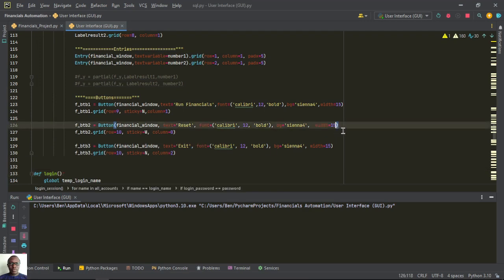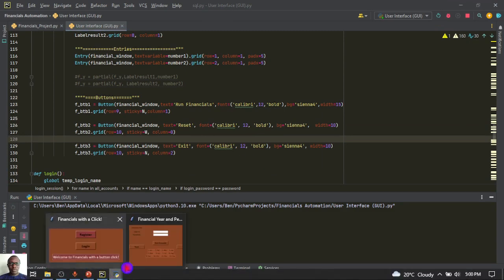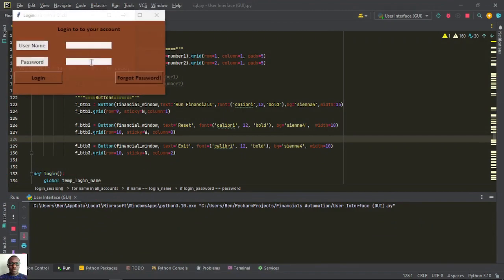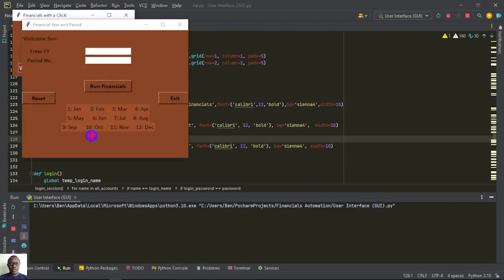Width be 10. Be 10. And run it again. One to one and log in. I think it's a little bit good enough, but we still need to put